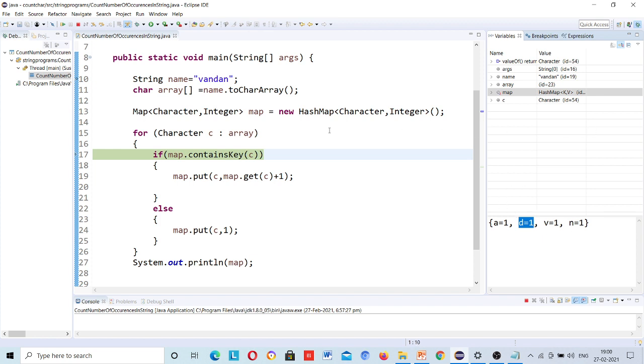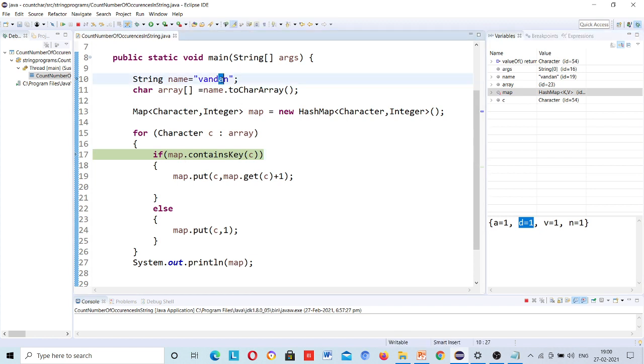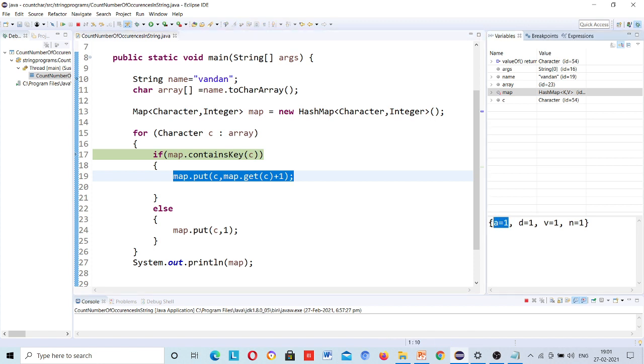Okay, now the attention is, see, this time A is coming the second time because A came previously. These four characters came the first time. Now this is the first repeated character. Okay, so if this is the first repeated character, it should go inside this part because A is present inside the map.